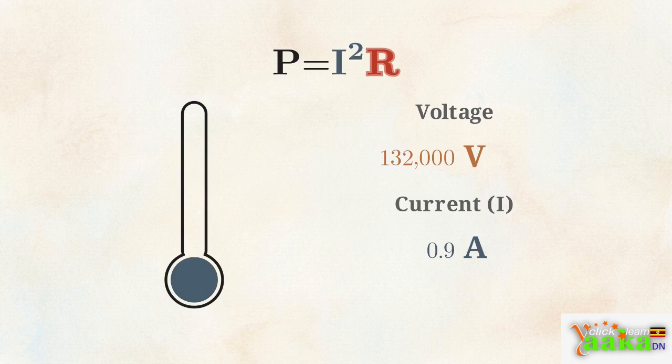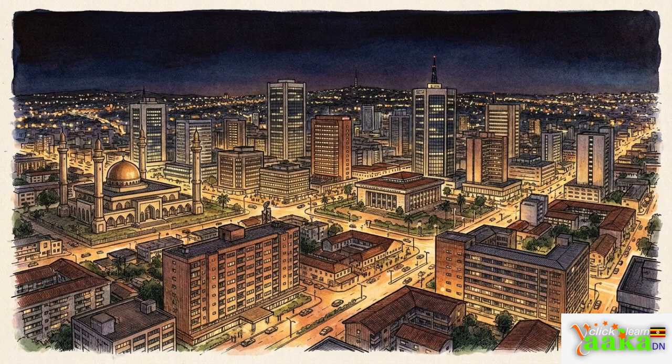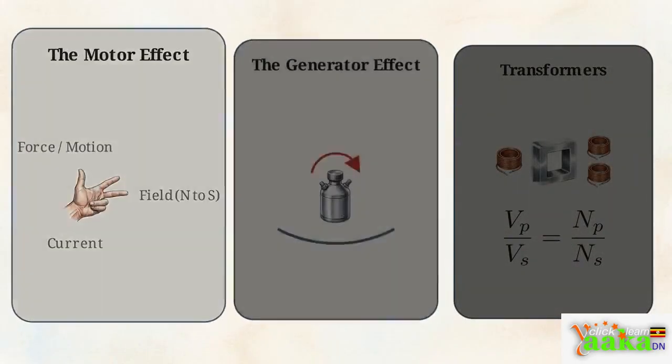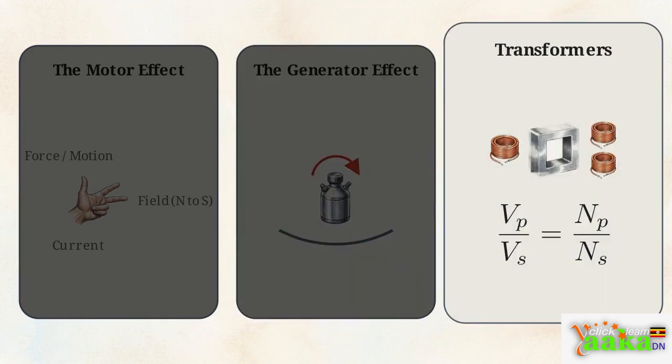heat in the cables. Our ability to manipulate magnetic fields allows us to generate mechanical power miles away, convert it to electrical energy, and deliver it efficiently to cities across the nation. We use the motor effect to create physical motion, the generator effect to produce electricity, and transformers to regulate voltage